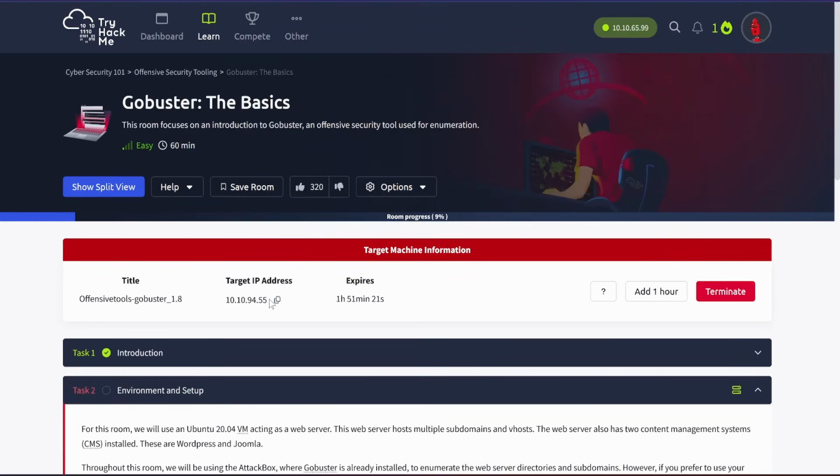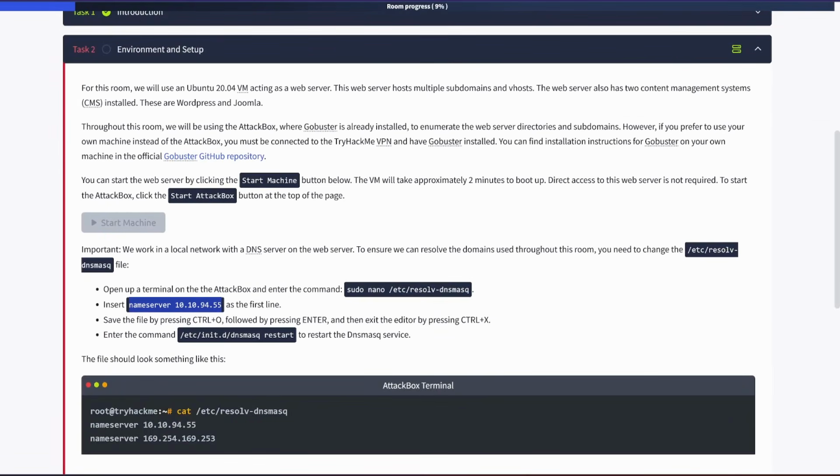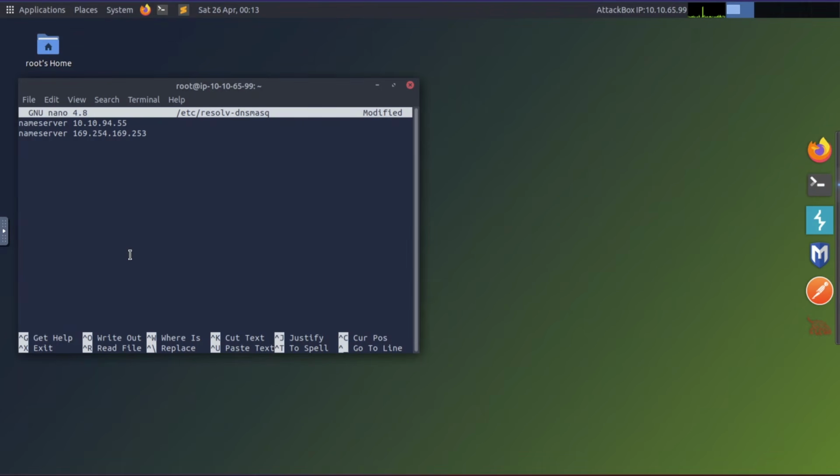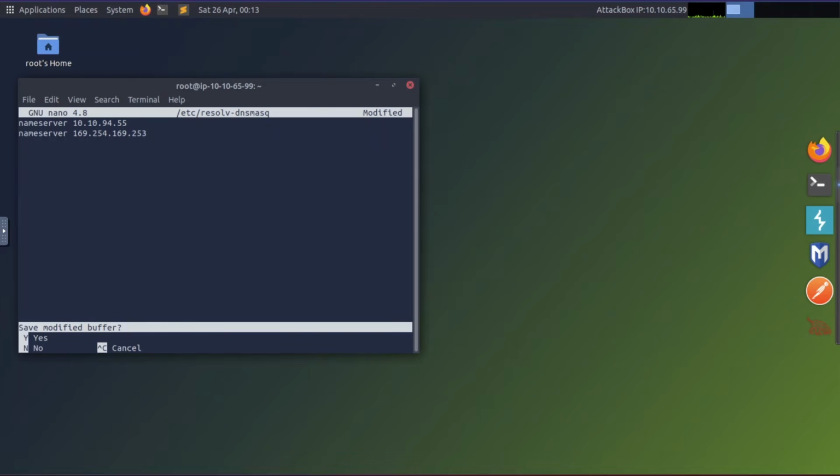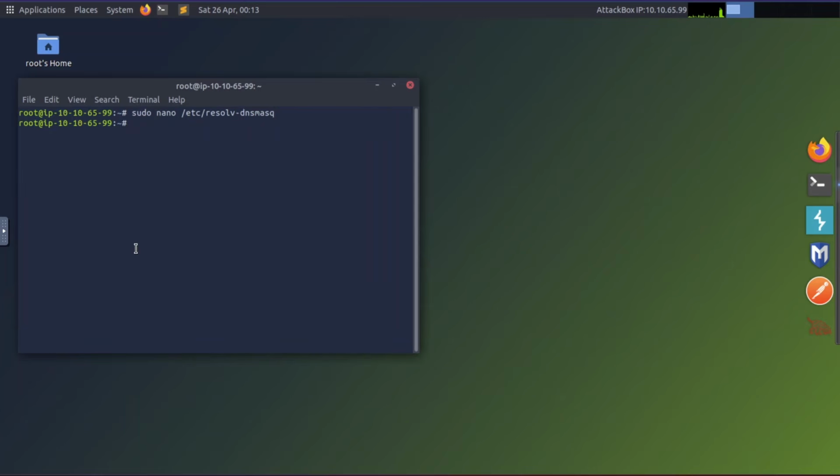And that is the same IP address as our target IP address. Okay. So now to save this in Nano, you hit Control X. It's going to ask you if you want to save it. You're going to say yes, and then it's going to say file name. And it's important that you just hit enter here because we need to save it to the exact same file name, okay? Because the DNSMasq program is looking for this file name to see what name server it should